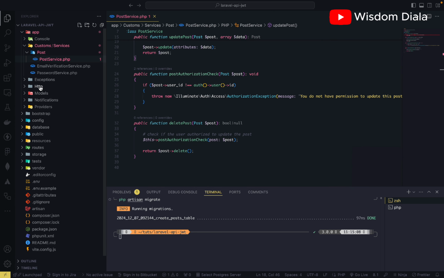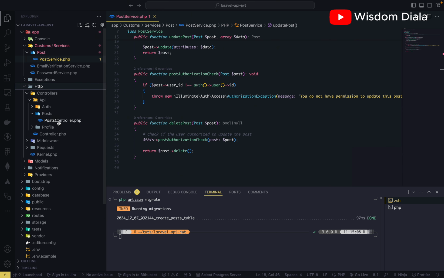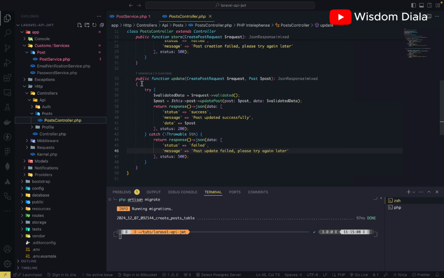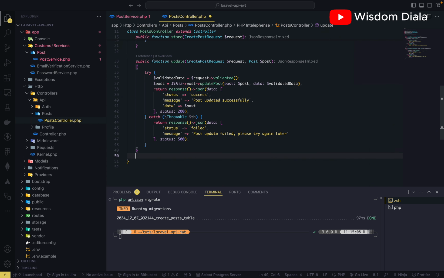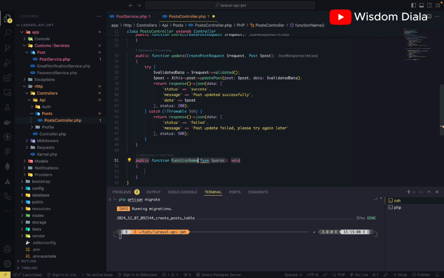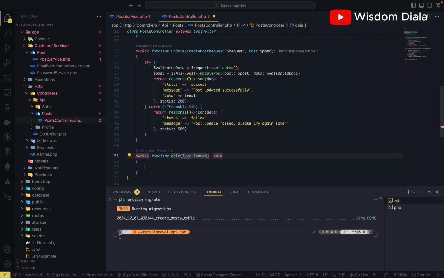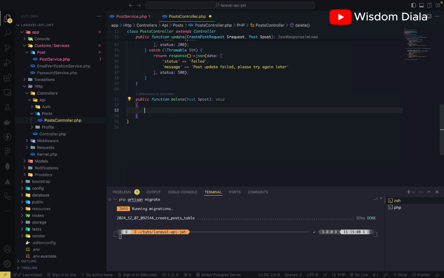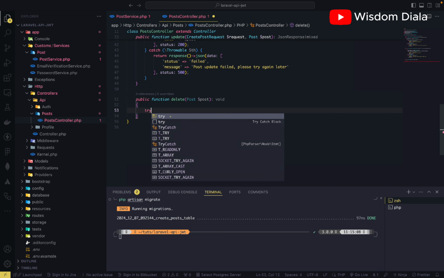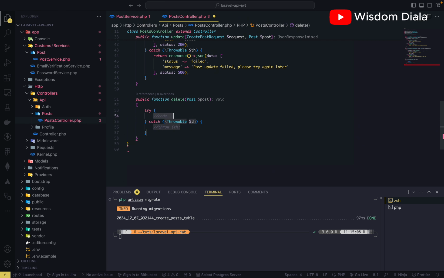So that's it on this. Let's open our controller and create another method to delete the post. We're going to call it delete, and it's going to accept the post model that needs to be deleted. Everything is going to also be in the try catch block, and we are going to still return the same error message if